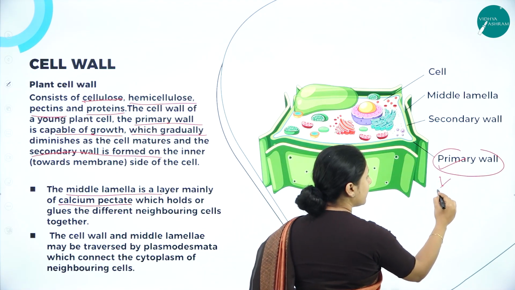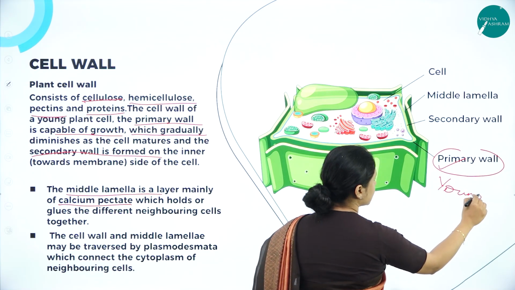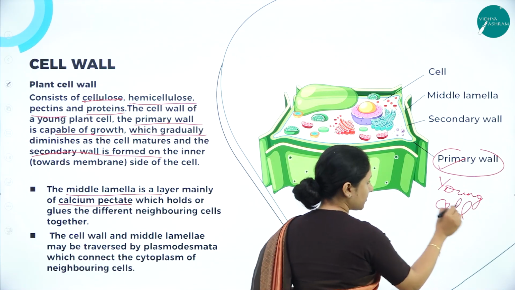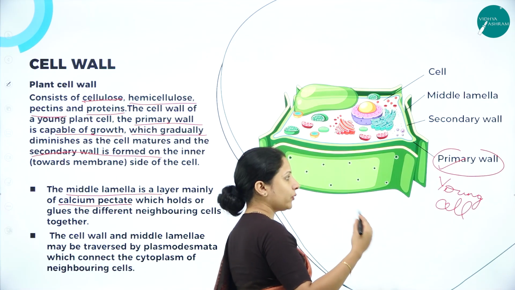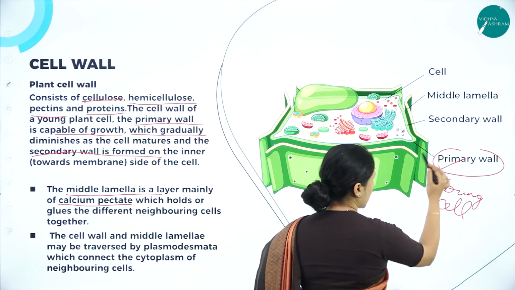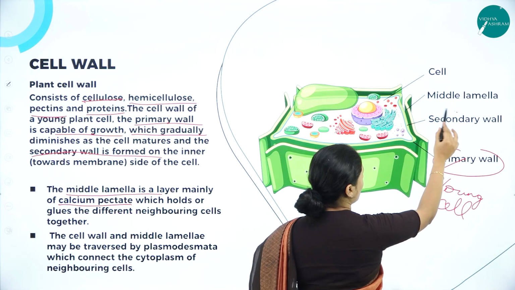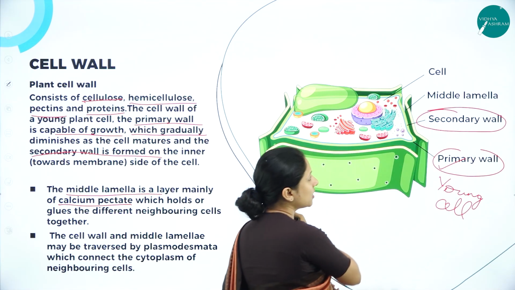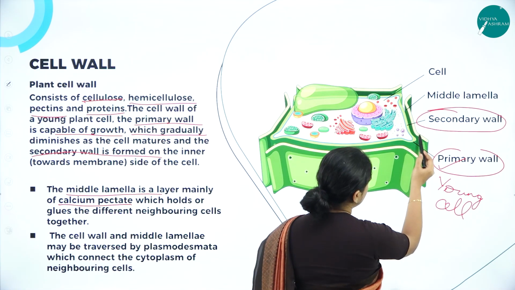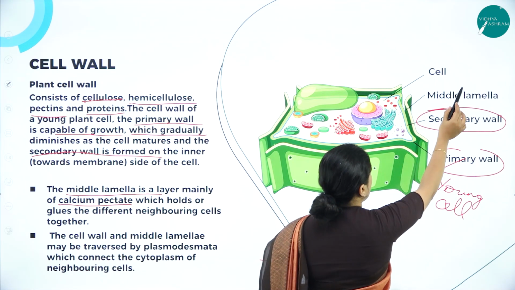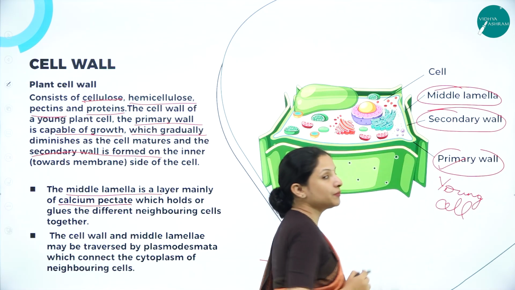This primary wall is present in the young cells, in the young plants. As and when the cells mature, this primary wall will get disintegrated, and towards the inner side of the primary wall, the secondary wall will get formed. Now, apart from having the primary and the secondary wall, they have a layer which is called the middle